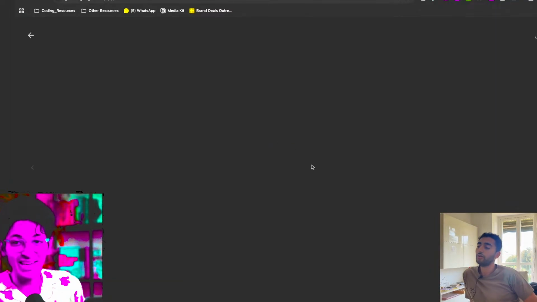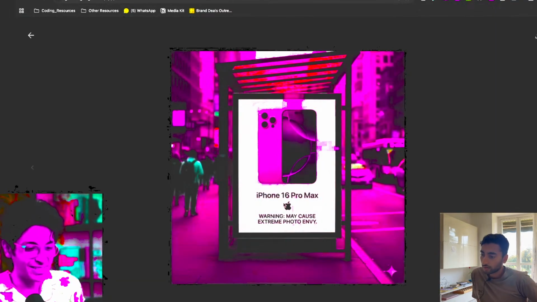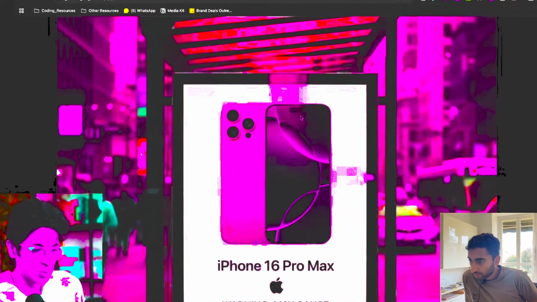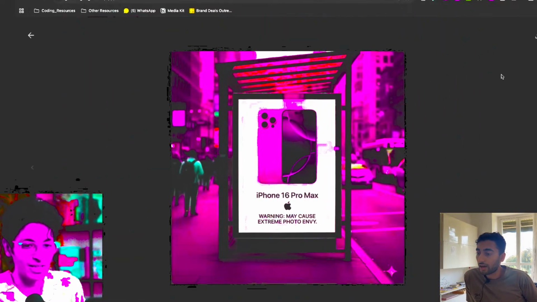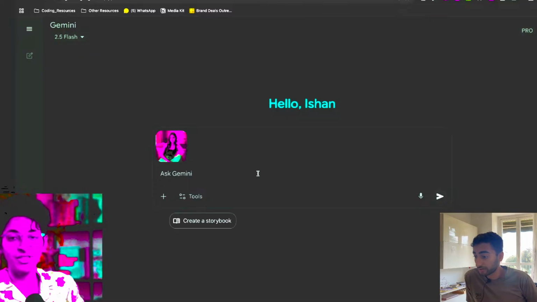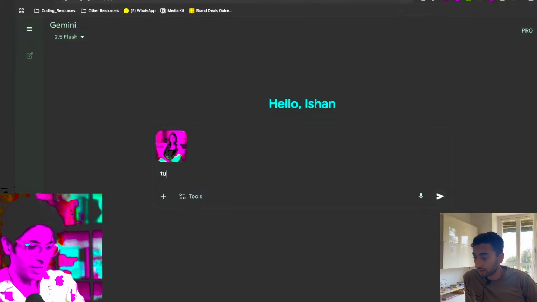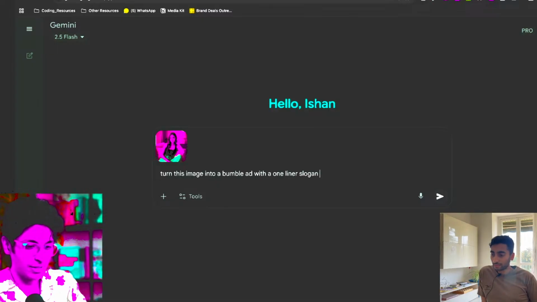As you can see, it's really smart at understanding text, understanding the visuals, and I have to be honest, putting it exactly where it actually needs to be. Nano Banana is also pretty good. And you can turn any image into an ad that you want. So for example, turn this image into a Bumble ad with a one-liner slogan,